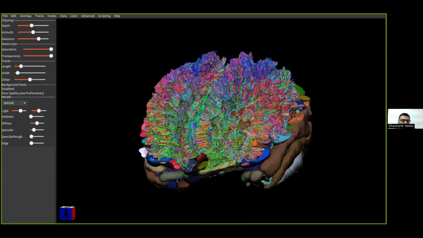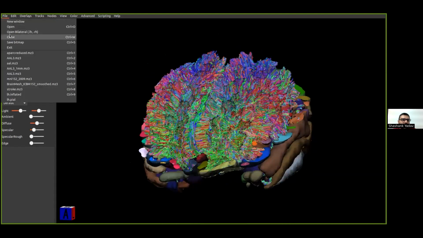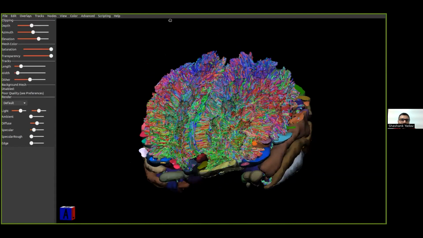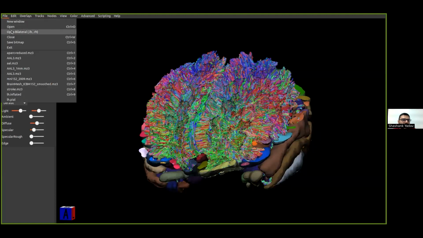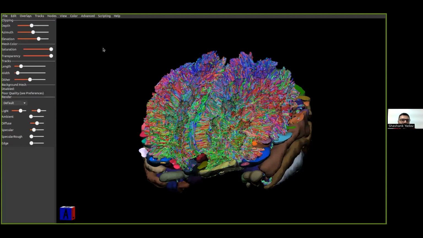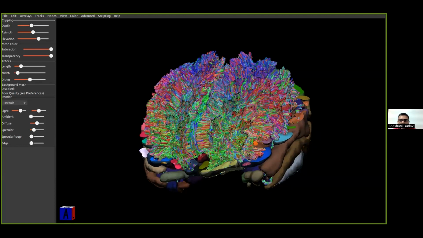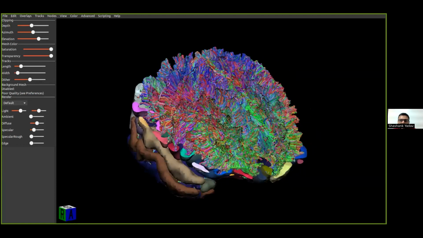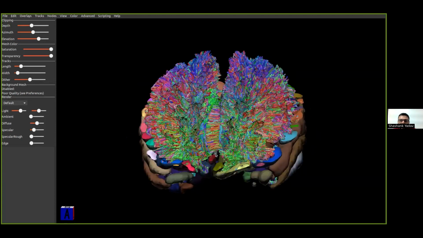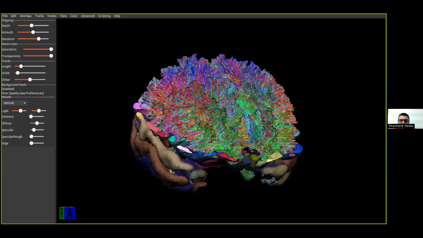Yep. And what you can do is go here and then just save the images or open something. I mean, you can do a lot of stuff here. And yeah, so that was tractography visualization, which we got from DiPy and then visualized into